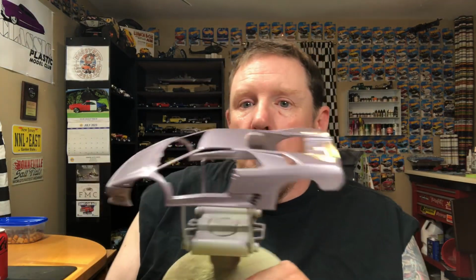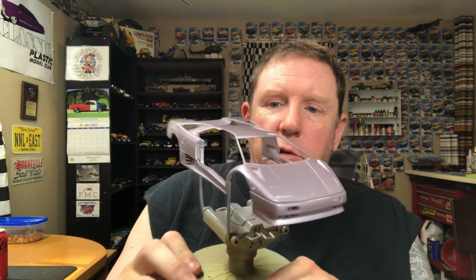so the fourth is the Lamborghini, and there it is. I mean, it doesn't look too bad right now, right? It doesn't look too bad. It's pretty bad. So I did not hold the airbrush too far from this one, but I used way too much paint. I put it on way too heavy. I didn't put it on heavy enough where it ran, but